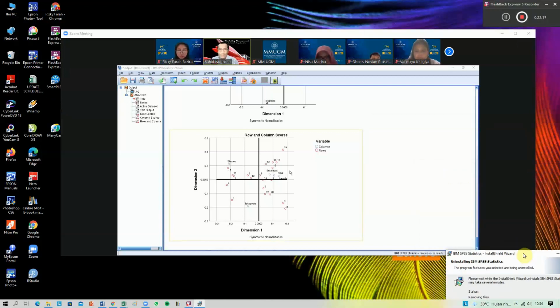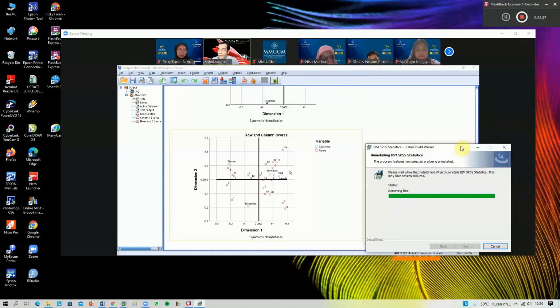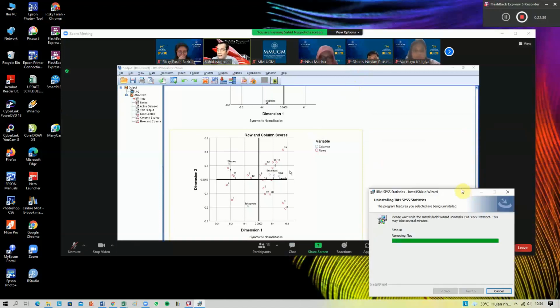Lazada, Bukalapak, and Blibli. So you can see there are many attribute points surrounding them. You can also claim as part of them: numbers 6, 9, 12, 13, 14, 15, 16. You can claim as part of that cluster.